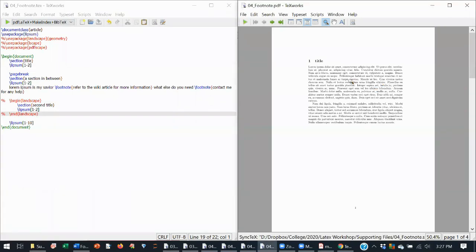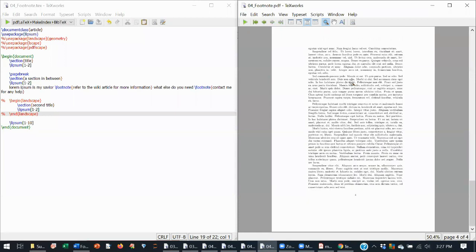This document is created in portrait mode.